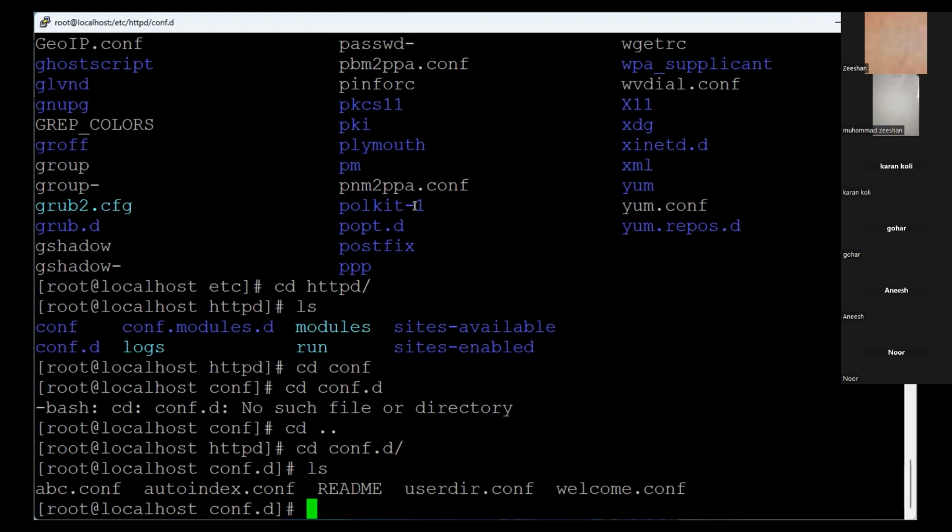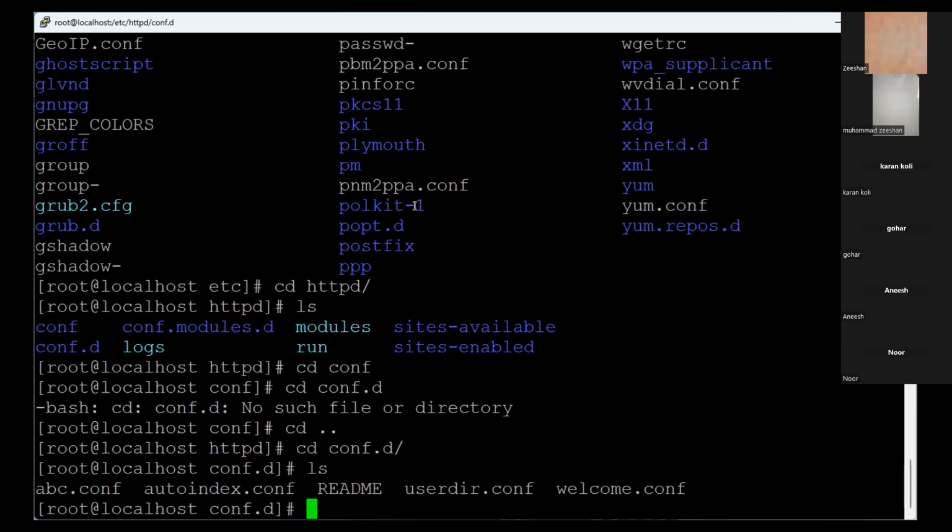You can change the extension and it will not be loaded in the main configuration file. So renaming a configuration file with the .conf extension to an ext config extension, maybe in the future, if someone else is working on it, he will see, okay, there is no configuration file, and he will get confused. So the most structured way is